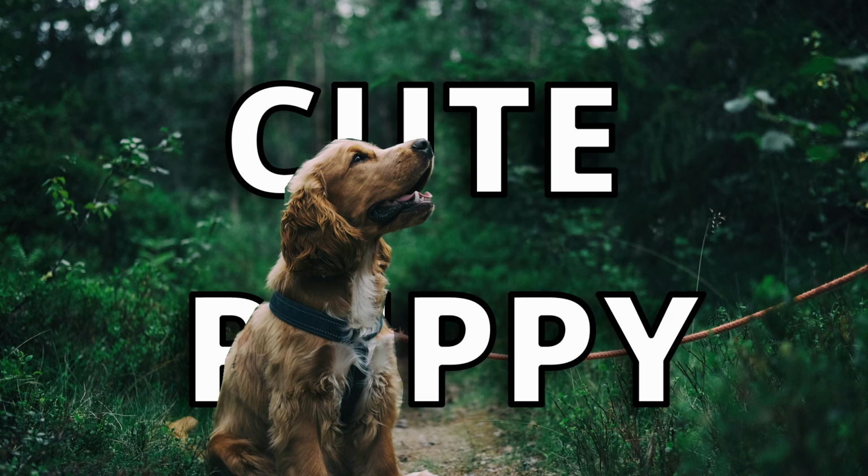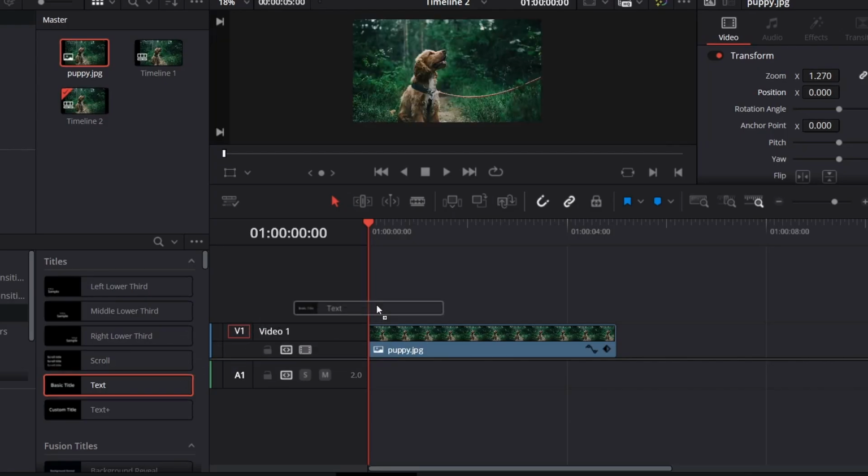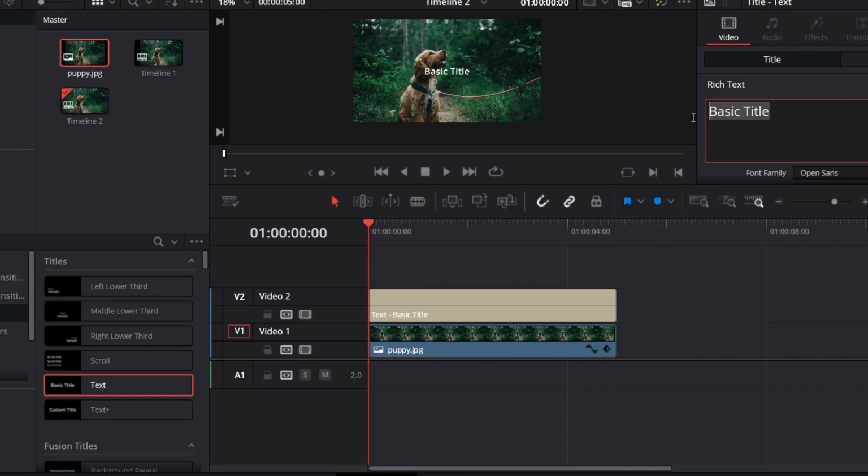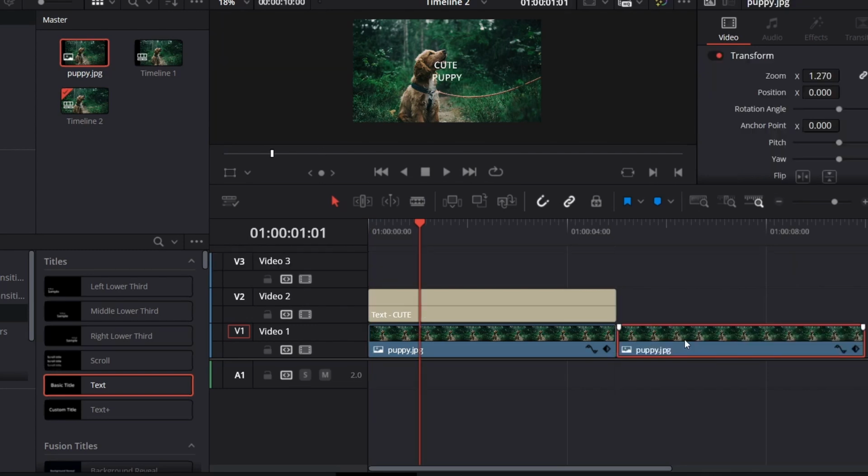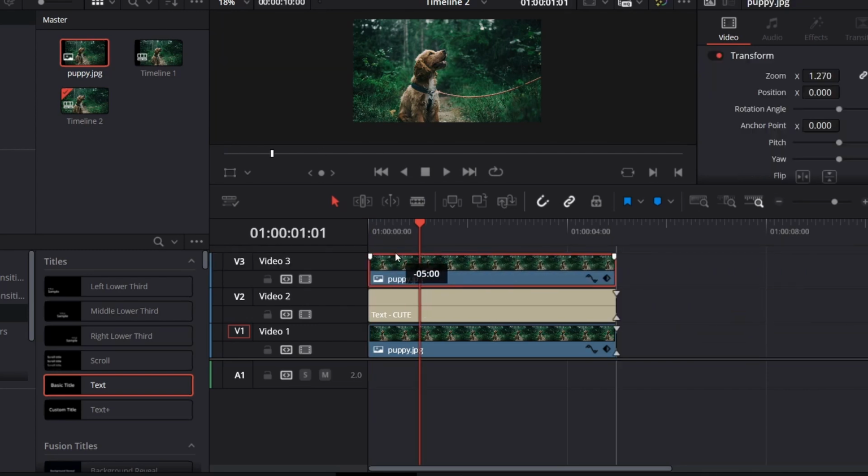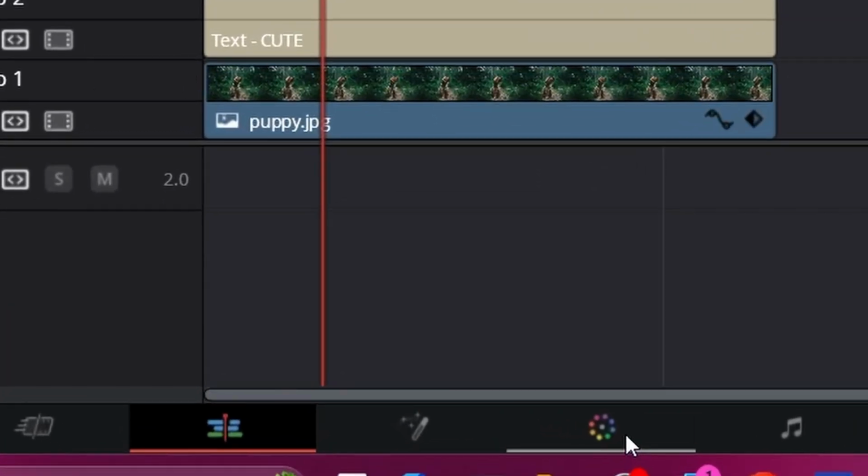Here's how you can add text behind anything in the free version. First, add basic text and then type whatever you want to. I'm typing "cute puppy", and then copy the picture and paste it on top of the text, and then go to the color,